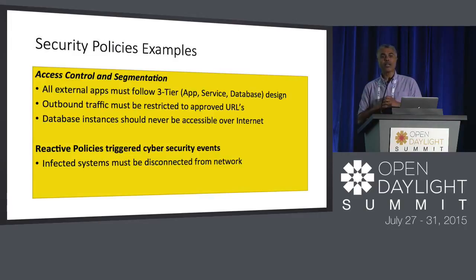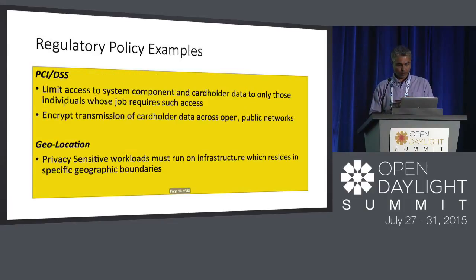And then, again going into the if condition, I have an if example, right? So if I find an infected system, I want it to be disconnected from the network, right? So how I do it, whether I go physically and disconnect the port from a bare metal system, or I do it automatically through some kind of automation, or I do it through an OpenFlow interface or whatever, right?